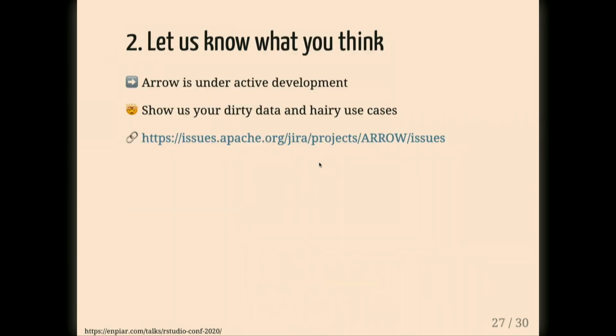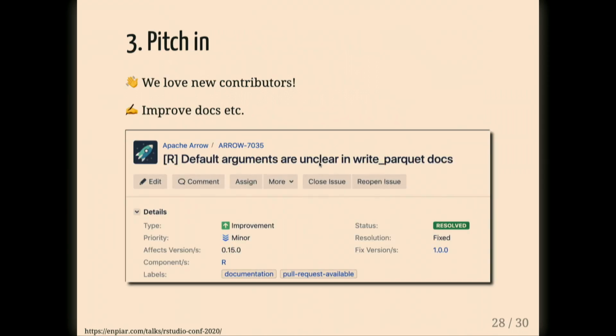When you use Arrow, tell us about it. We are actively working hard to improve it, and there is zero chance we have anticipated every use case or weird data shape out there. I say weird, not in a judgmental way. There's lots of interesting data out there. And so tell us about it. We'd love to make it better. And of course, this is open source. This is community-supported software. We can't do it except with contributions from users like you.